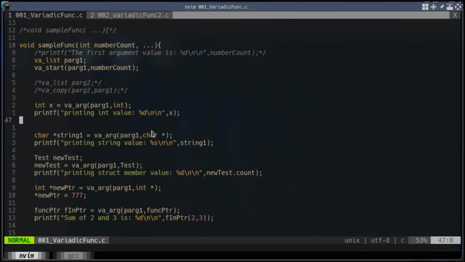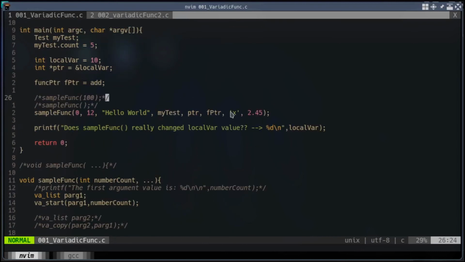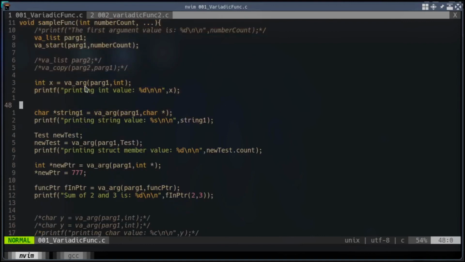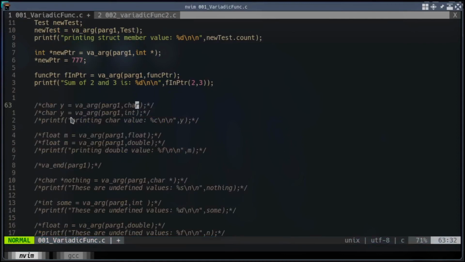There are some exceptions. Now what about these last two arguments? The first one is a character and the second one is a float. Now we will first check the case of character. Again, as you have seen from the previous examples where we passed a character pointer, integer pointer, and function pointer, we apply the same rule for that case too.